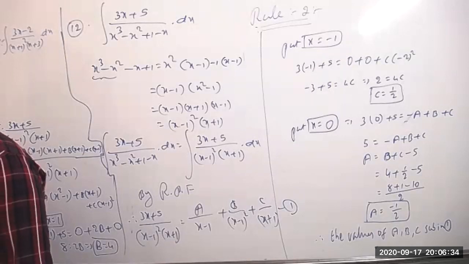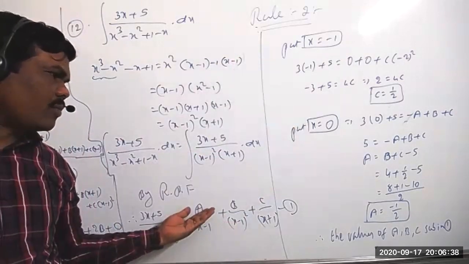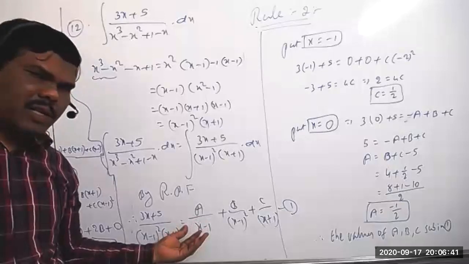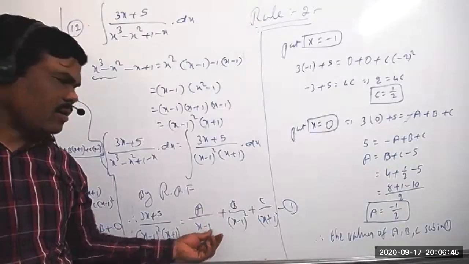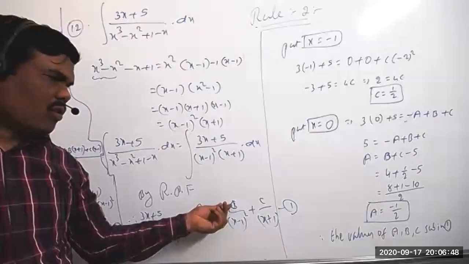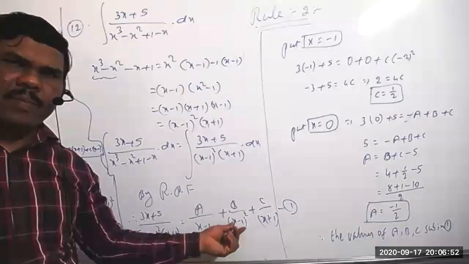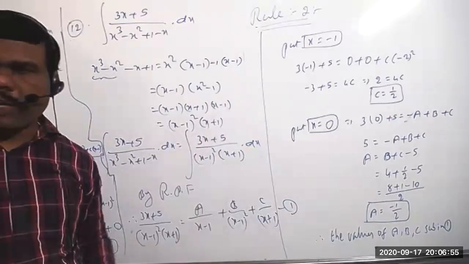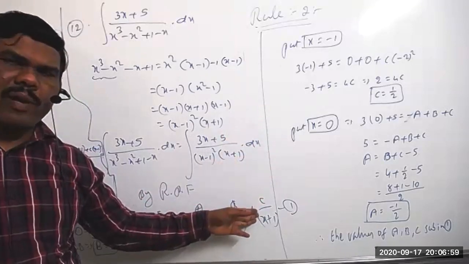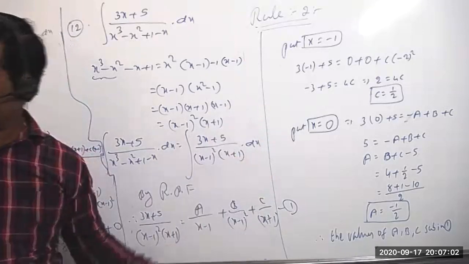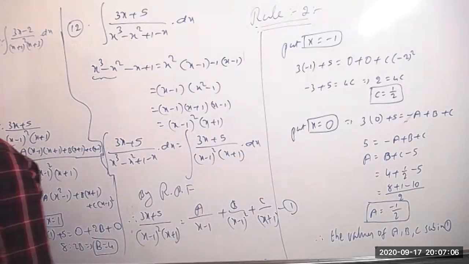Yes, sir. Because already we got a, b, c, directly we are getting the answer. a equal to minus 1 by 2, constant you take outside. Integration of 1 by x minus 1 equal to log modulus of x minus 1. Plus b equal to 4, so 4 times integration of 1 by (x minus 1) whole square, which equals minus 1 by x minus 1 only, because I already gave the explanation about that in the previous problem. And c equal to 1 by 2, take constant outside, so 1 by 2 into log modulus of x plus 1. That's all.